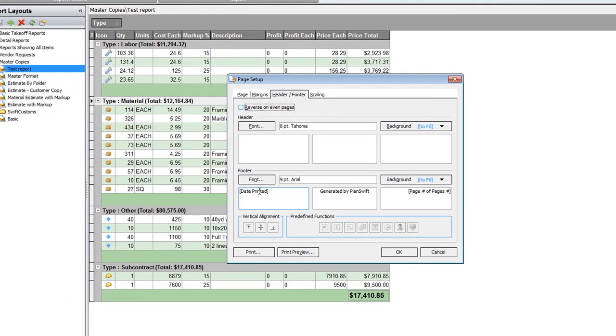Now under my page setup is where I have my options for header and footer settings. So I could have my date printed. Maybe I wanted to have some information in the middle of that bottom footer of the page, page numbers. I could add a company logo. If I had something I wanted to put at the top,